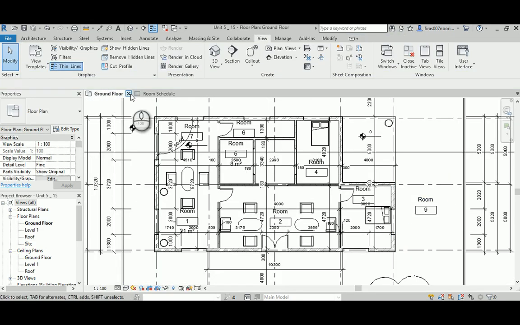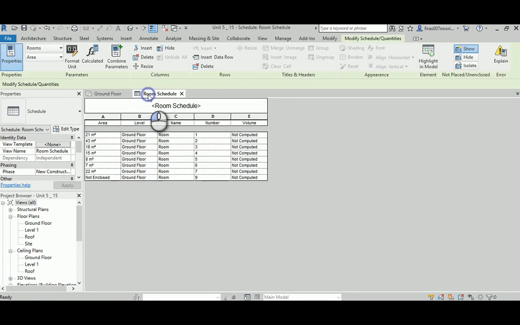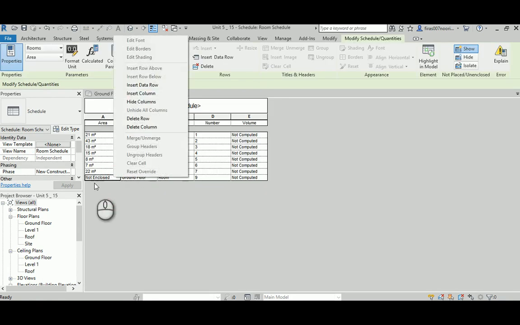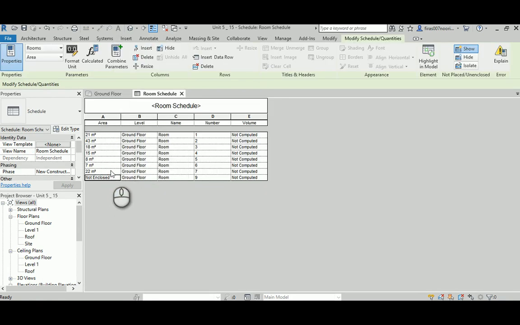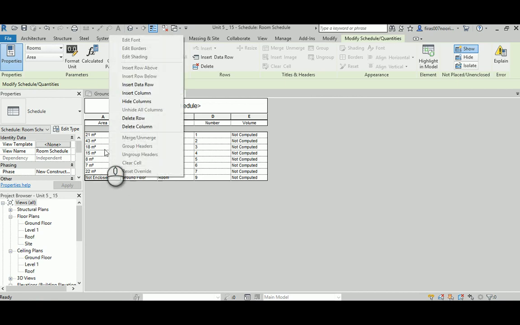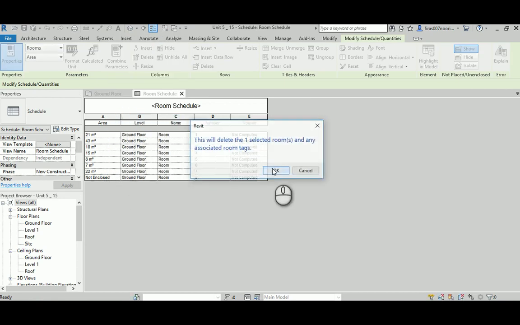So I'll get rid of 9 maybe again, and see, not a lovely thing. The previous one says it's not placed, and here it's not enclosed. Again, let's delete this one. Okay, when you go back here,